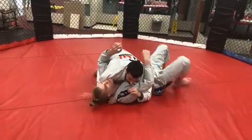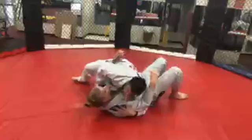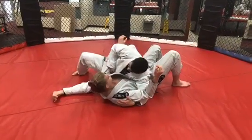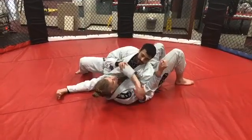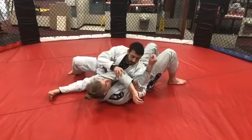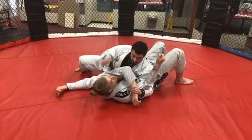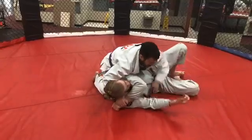Side control, okay? Let's say I want the arm in front of me, so I'm going to turn towards the head. So I'm now in this sit-out position. I'm controlling the arm. I swim inside, and I push it across. From here, I'm going to catch it. I'm going to bend his elbow or push his hand across, and I'm going to catch it in this gift wrap position. So I go one grab, behind the head, two, and as I roll back into side control,